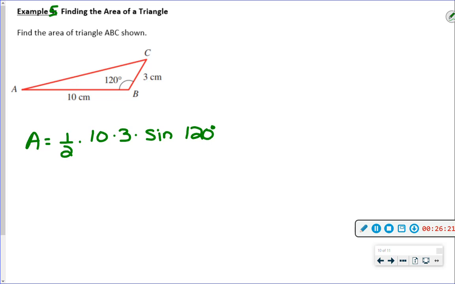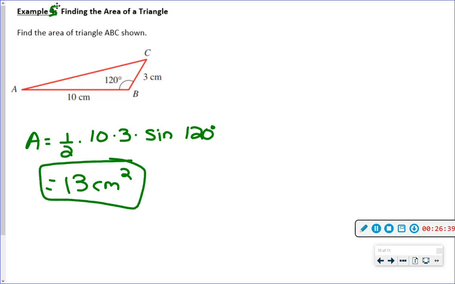Surprise me. You should have it. What do you got? 13. I'm going to get fancy and put a label on. Centimeters squared. Got it. So, old school days, I would have had to draw in the height. I would have tried to use some trig, lost sines and cosines, which you haven't learned yet, to find the height. And it would have taken me forever. So, that is why we like to show you there are other options. Okay. Now, of course, I'm going